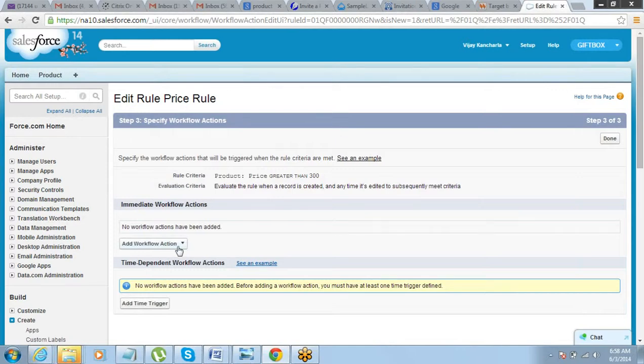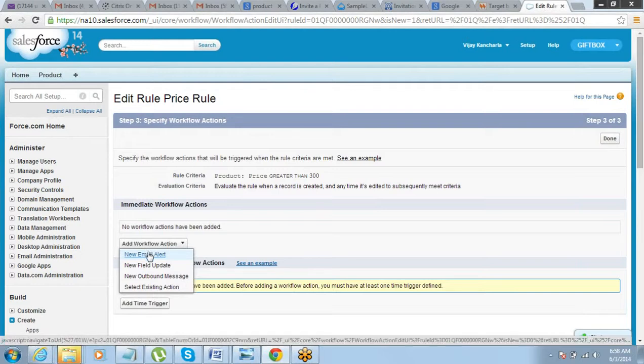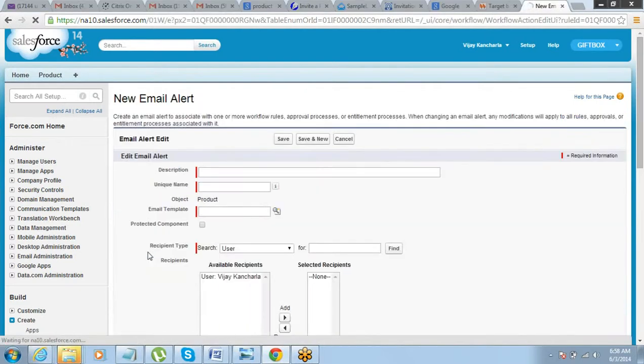So let's put an immediate action right now. Okay, so in the immediate action, what we want to do is send an email alert. We want to send an email, right? Select email alert.